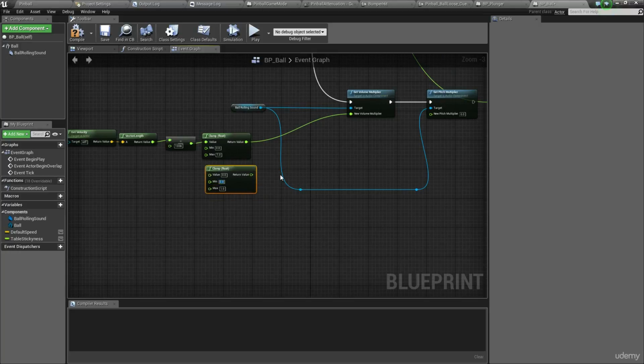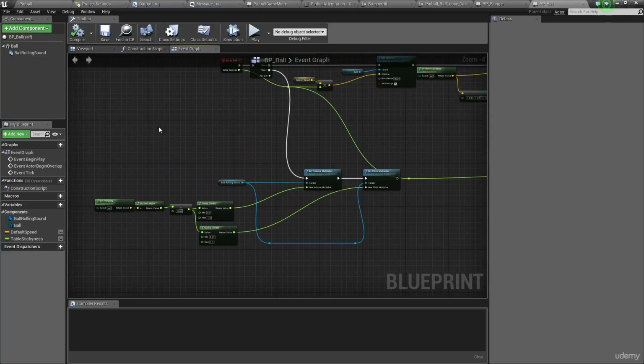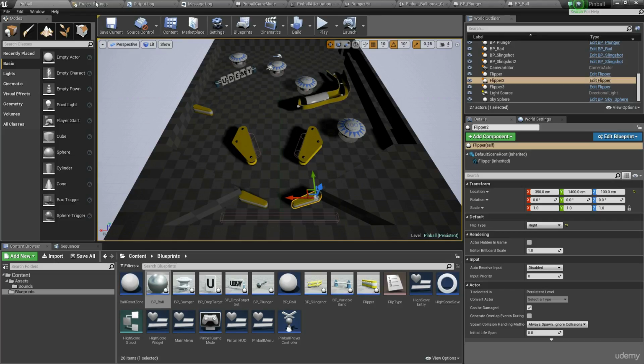So we've got our volume set up, and I'm just going to do the same thing for the pitch, but this time I'm going to set the min to be 0.97, and I'm going to set the max to be 1.2. Plug that in, and connect that to pitch. So with that plugged in, I'm going to compile and save, and when I launch the game,